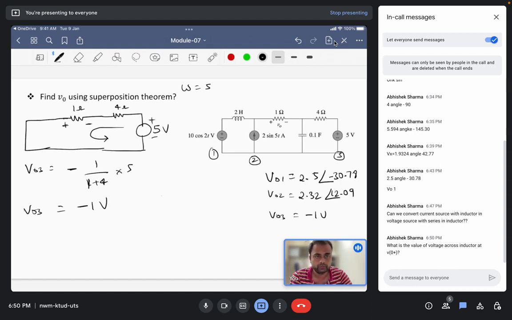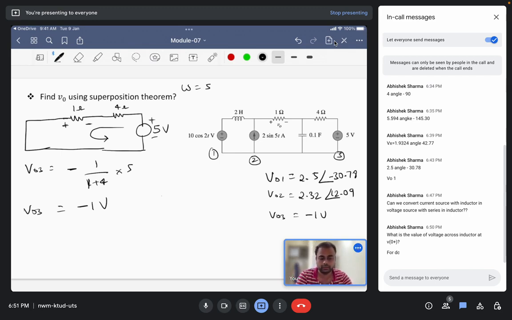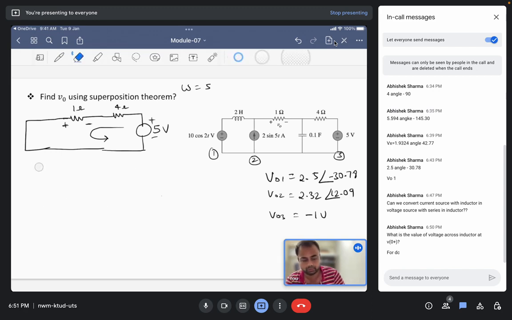Okay, so what will be the value of voltage across the inductor at 0 plus? Are you talking about the DC source only or the whole circuit? If you are talking about the DC source only, then the voltage across the inductor at 0 plus we have to calculate again, taking that transient condition and solving that problem. In the last class we discussed this problem. So what will be the voltage for the DC source just when the circuit has been closed?